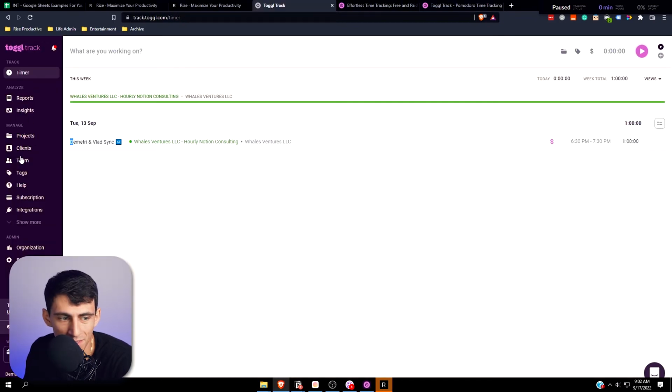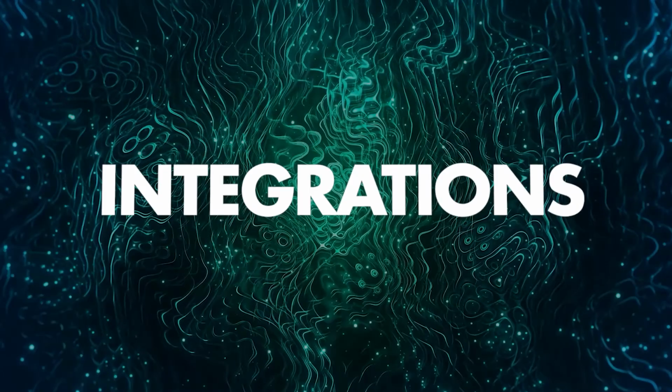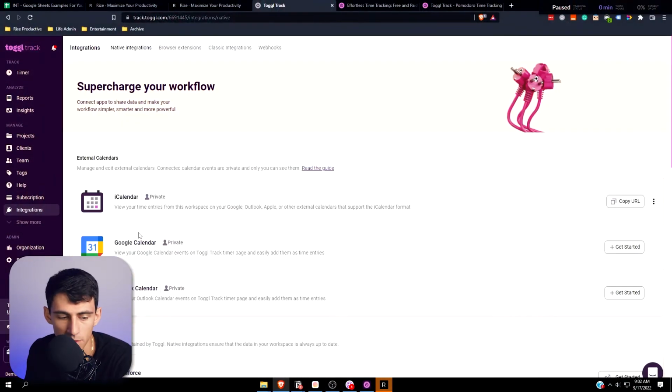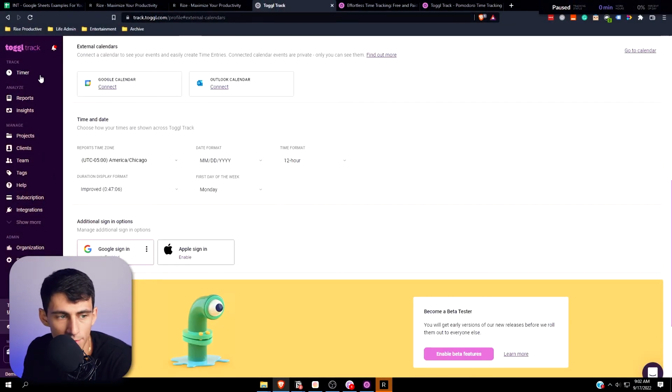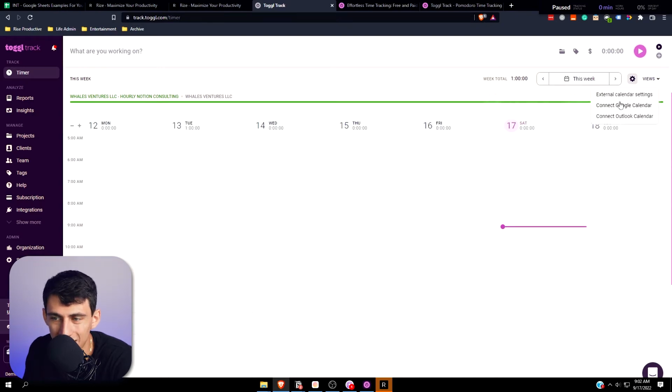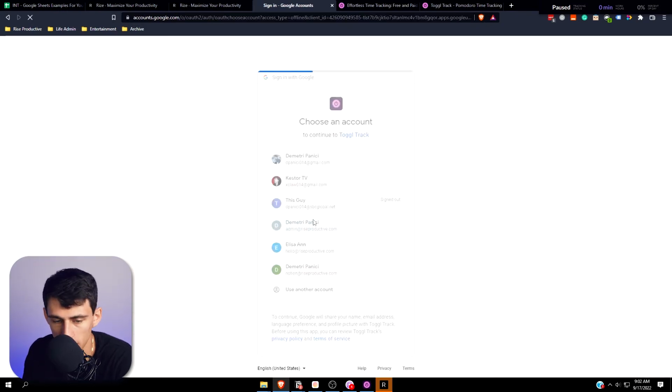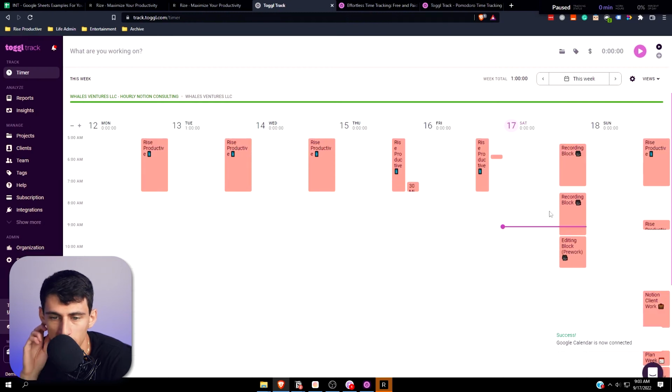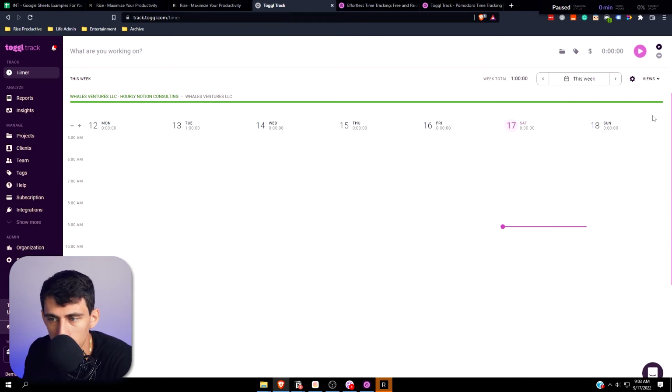A cool integration about this is, as you can see, I can connect it to my Google Calendar, as I already have. So if I go to the timer section, this view is a list view, but if I look at the weekly view, I have the option to connect to Google Calendar here. Let's say I connect it, allow, and go back here. You can see that it connects my Rize Productive Calendar,